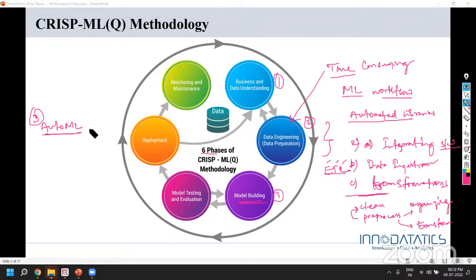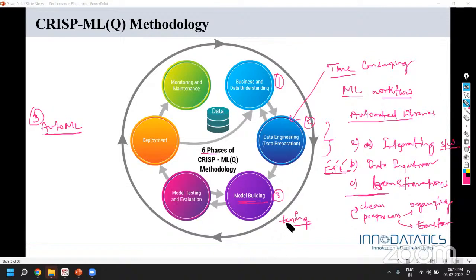Though for today's session, we will be doing it manually, as I said. And along with the model development, another time-consuming task is tuning of the model. Whichever model seems to be working better, we will have to fine-tune further to ensure that it gives the best result.